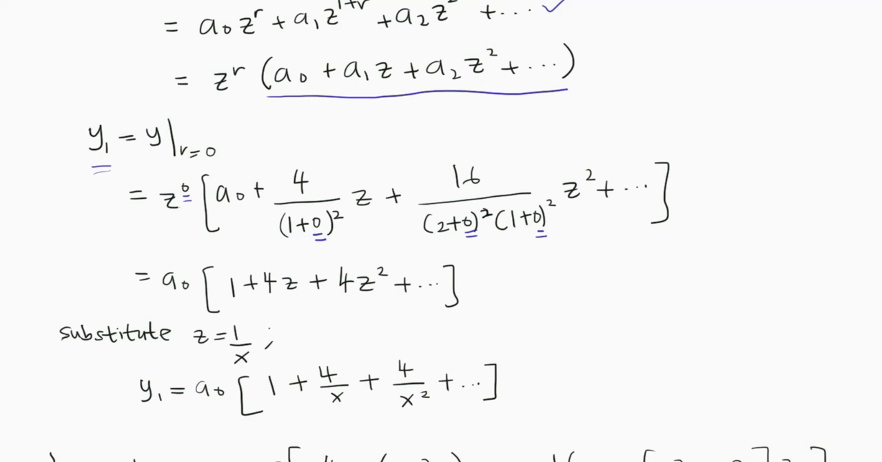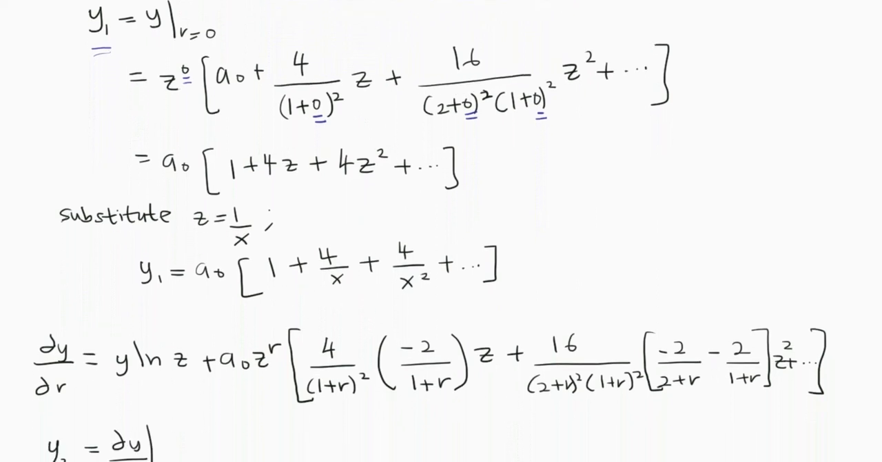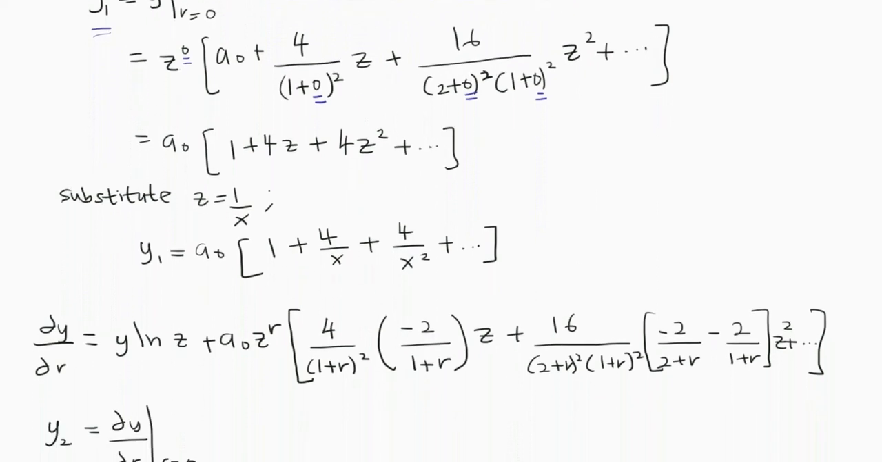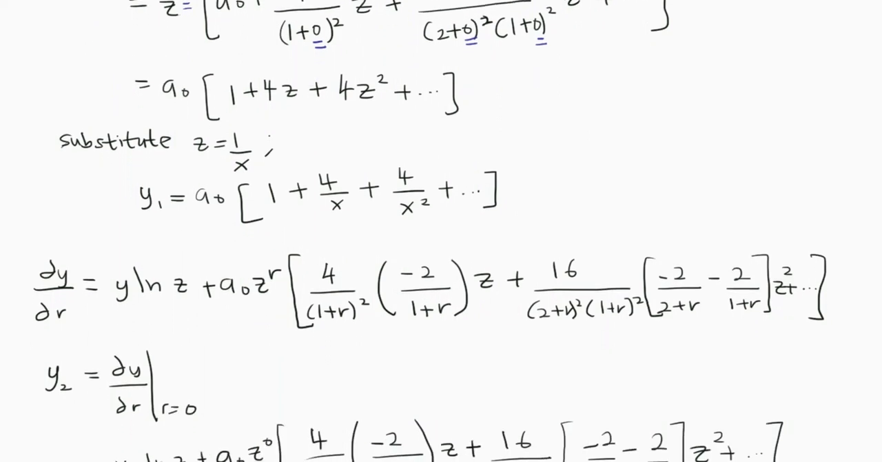Next, substitute z equal to 1 over x. We have y1 equal to a naught in bracket 1 plus 4 over x plus 4 over x squared plus until infinity. Okay, we are moving towards the last part, which is first calculating, determining del y over del r,